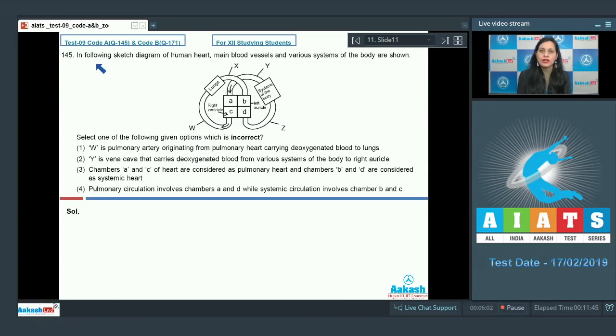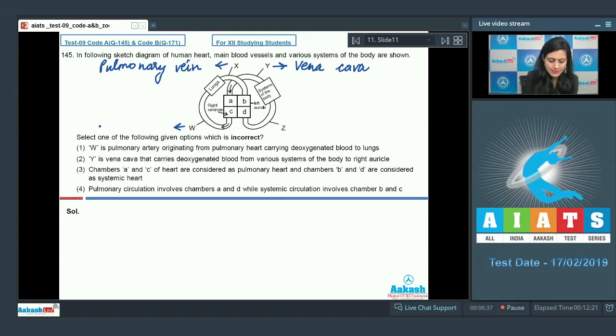Question number 145. In the following sketch diagram of human heart, main blood vessels and various systems of the body are shown. And in this diagram, X and Y represent what? X represents pulmonary vein, Y represents vena cava,